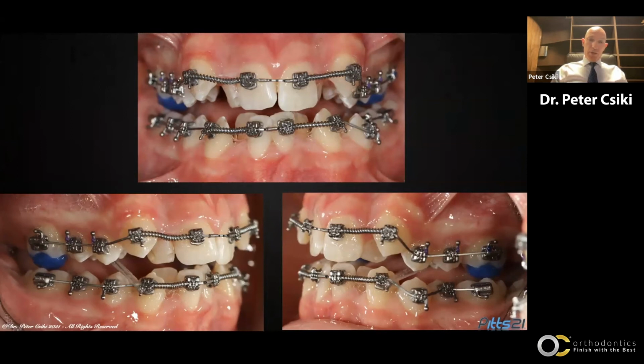Through the bite class 3 elastics. We use through the bite class 3 elastics. We start even if the patient is a class 2 case. I repeat, we do start with through the bite class 3 elastics, also if the patient is not only a class 3 case but a class 2 case. Because if a class 2 case has crowding, number one, if the case is crowded,